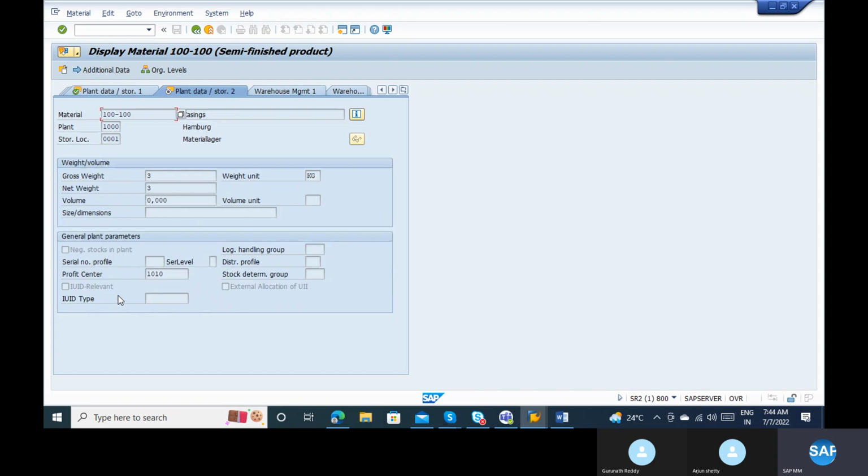And coming to Plant Data 2. Again here we are talking about serial numbers. We already discussed batch numbers, and we have the serial number profile also. It is especially used for electrical goods and some manufacturing. What is the purpose of serial number? Anyone knows? Do you know the purpose of serial number? This will be helpful for the